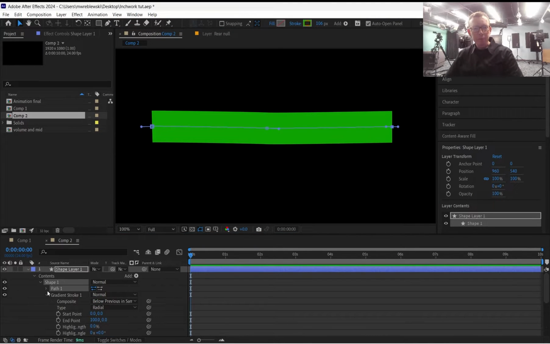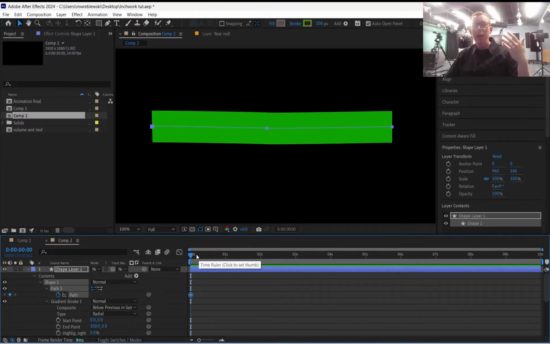All right. So, how to animate this. You're going to want to use your twirl down menus. Go to Contents, Shape, Path. And then this path stopwatch is what you're going to use to animate it. So, if I click the stopwatch, you always start off by figuring out what you want to do and then changing your timing. So you put the playhead where you want to start, click your stopwatch,